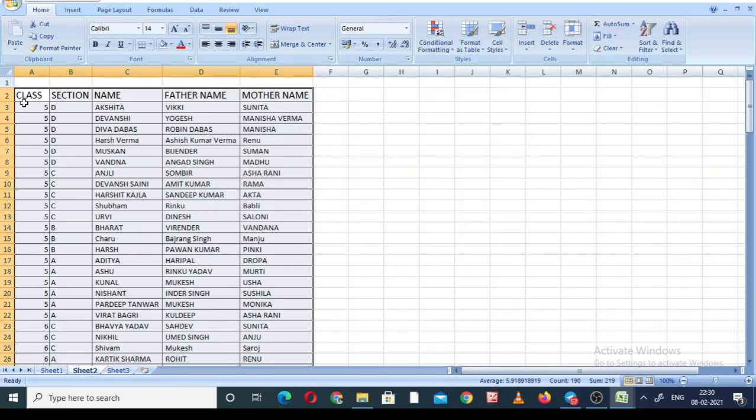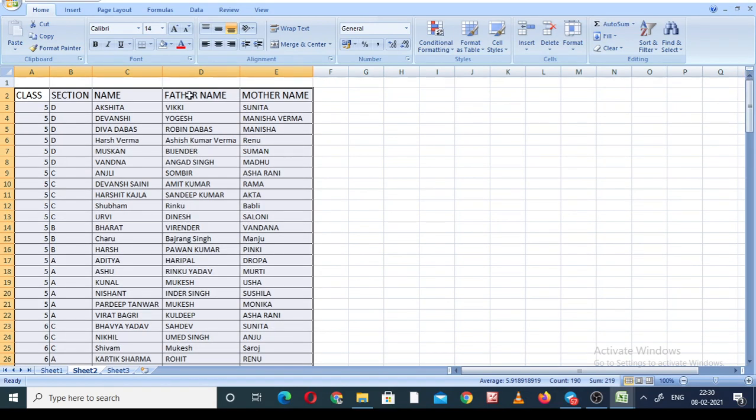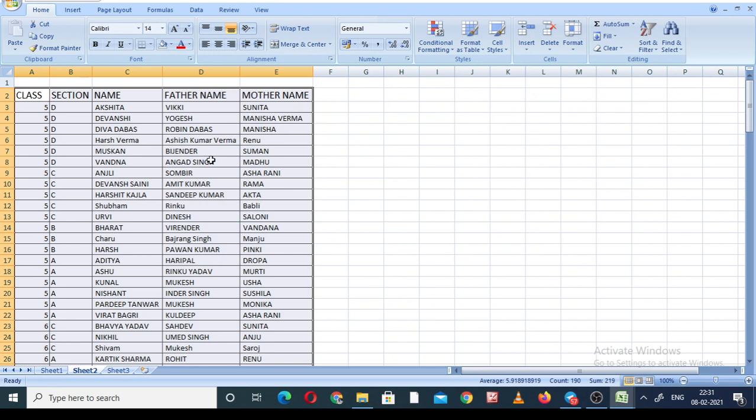Let us check it. Class 5th, 6th, 7th, 8th, section D, C, B, A, and names in alphabetical order A to Z. So as per your requirement, you can do it, and it takes only 1 minute. Select all the content, go on sort and filter, click on custom sort, arrange according to your requirement, and just click on the OK button. Your result will come out.